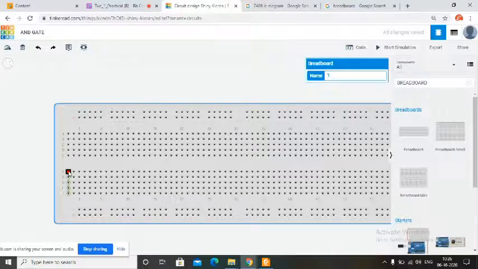So these five dots are connected in which manner, vertically or horizontally? Vertically, sir. Yeah, they are connected vertically, right? And the upper two lines and bottom two lines are connected horizontally. Clear? This much should be clear in order to make this circuit. If this is clear, then we can proceed with the circuit, right? Yes, sir. Clear.